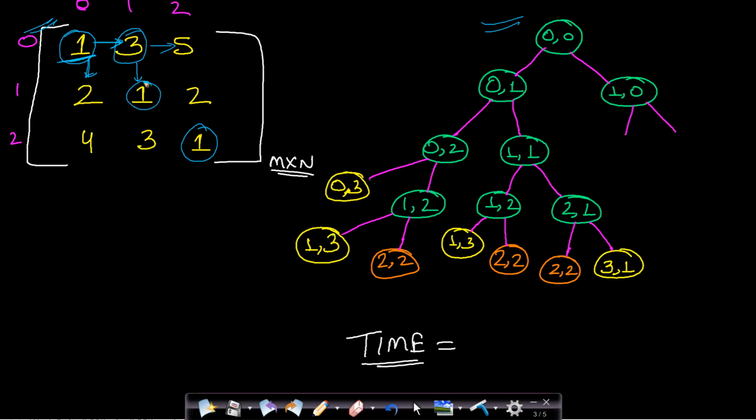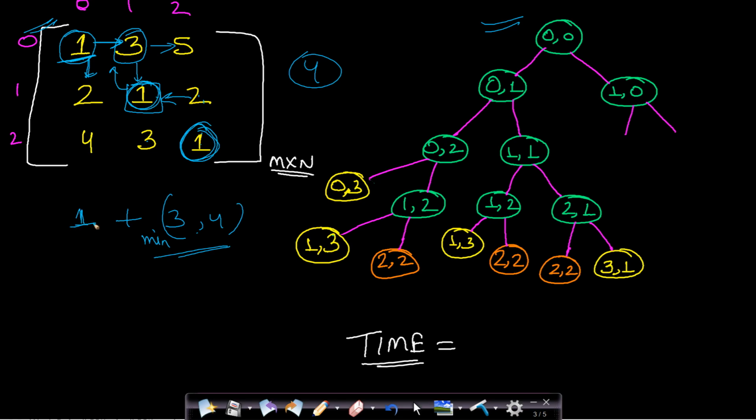So if this cell is returning some value, it will be the cost required to reach 2 comma 2, that is the last cell, from this given cell. So what value will this cell return? It will return 1 plus 2 plus 1, which will be equal to 4. And how will it return it? It will add 1, which is the current cell cost, and the value which it will get from the right call will be 2 plus 1, which is 3, and from the down call it will get 3 plus 1, which is 4. It will take the minimum of these two paths, add the current cell cost to it, and return. So the value 4 will get returned. I hope you understood the recursive approach now.